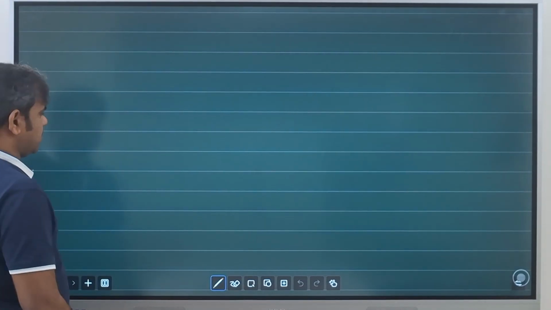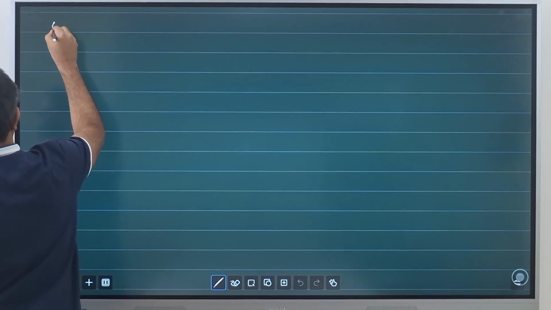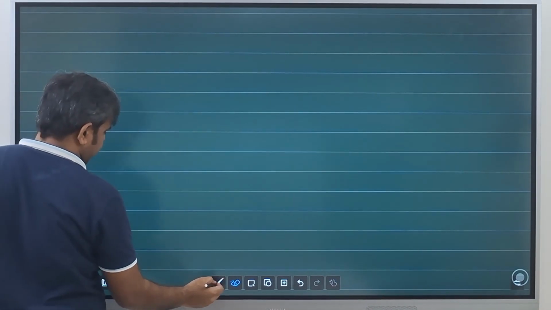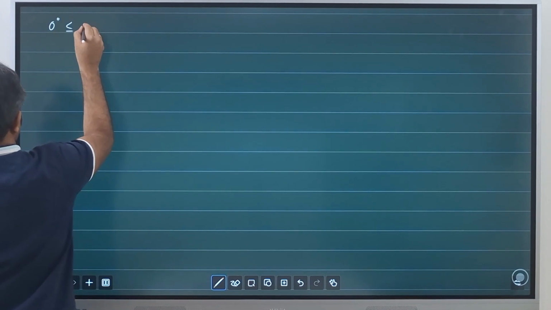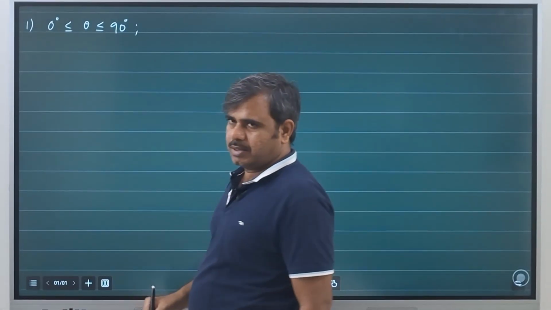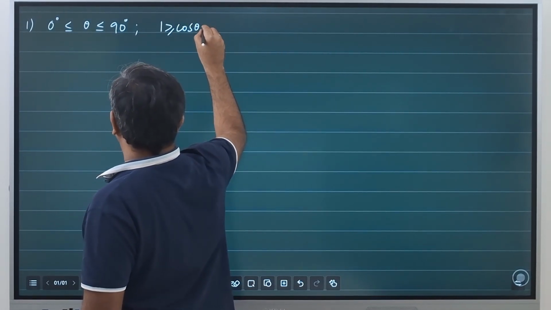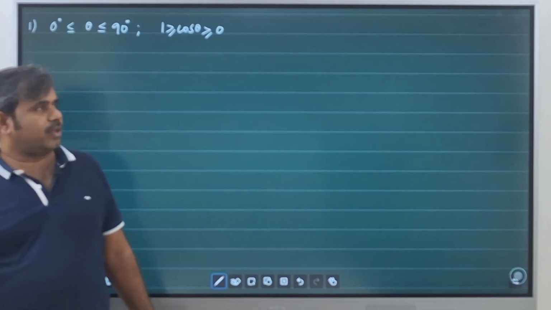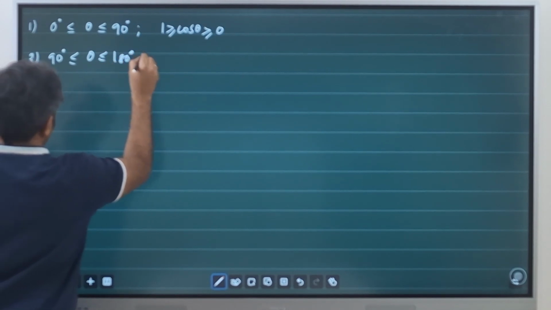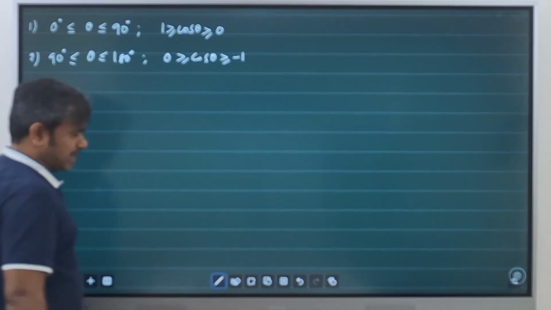Let's write all conclusions in one place on this page. The value of cos theta between 0 degrees and 90 degrees: for 0 degrees and 90 degrees, cos theta value decreases from 1 to 0, and in the second quadrant between 90 degrees and 180 degrees, cos theta decreases from 0 to -1,